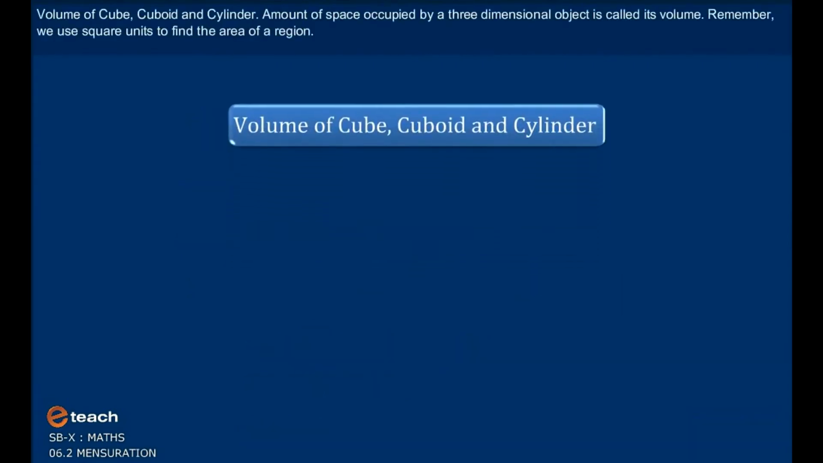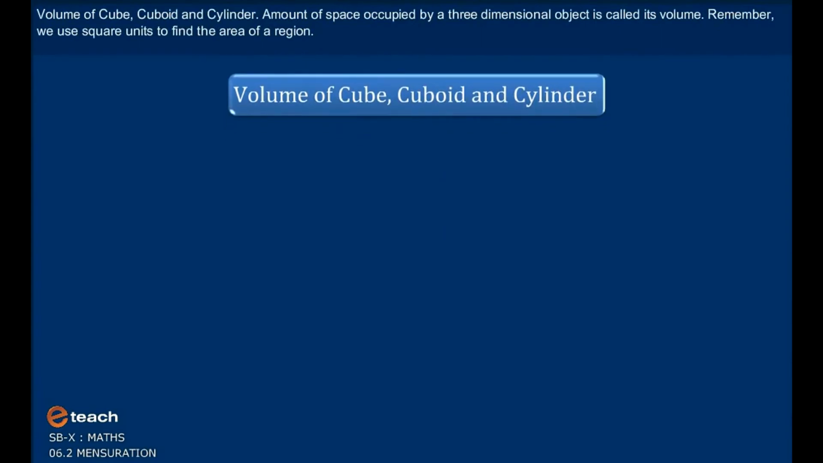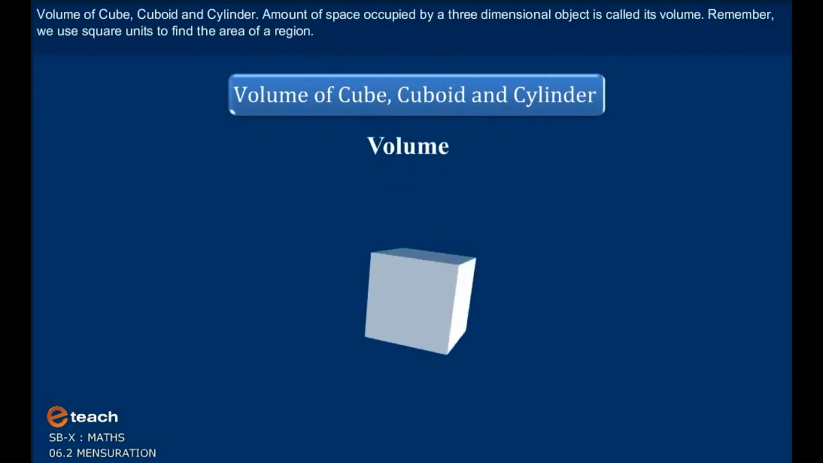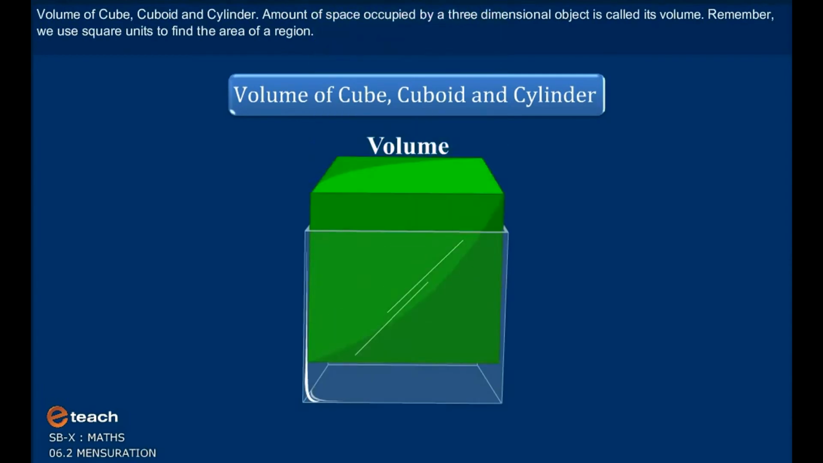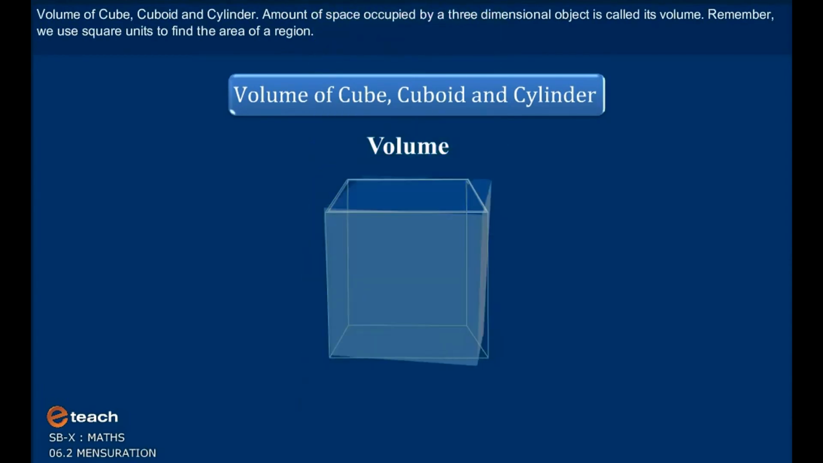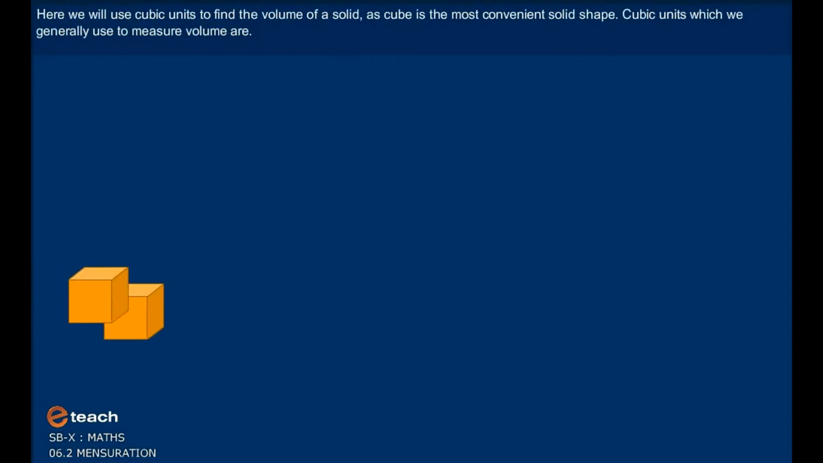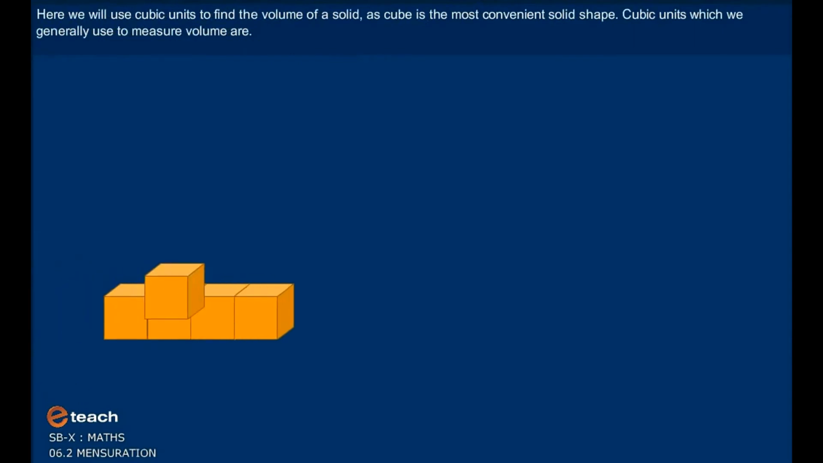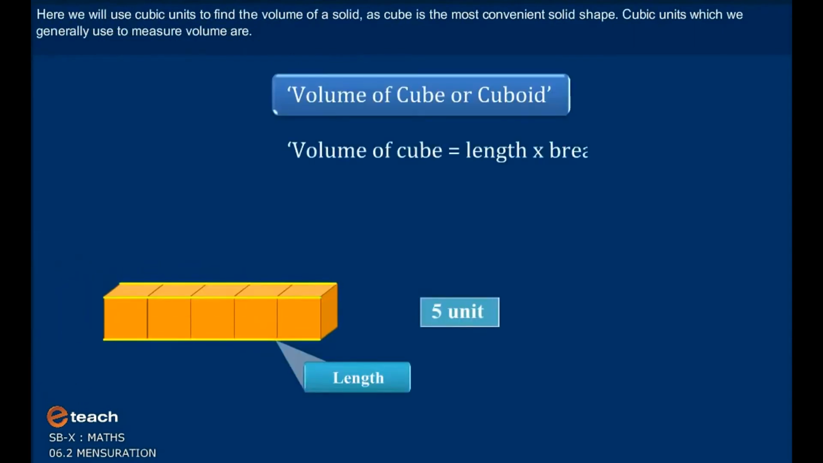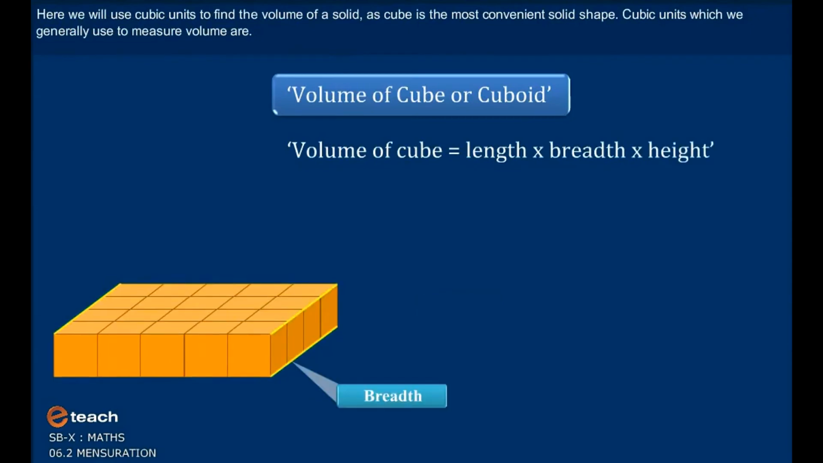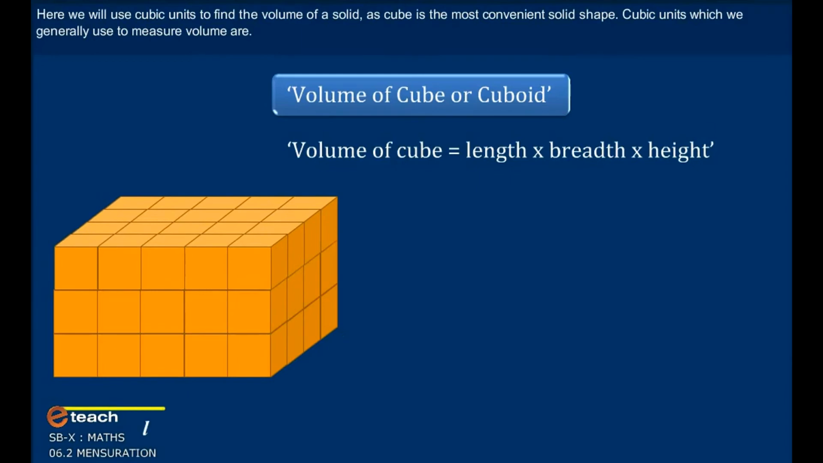Volume of cube, cuboid and cylinder. The amount of space occupied by a three-dimensional object is called its volume. Remember, we use square units to find the area of a region. Here, we will use cubic units to find the volume of a solid, as the cube is the most convenient solid shape. Cubic units which we generally use to measure volume are